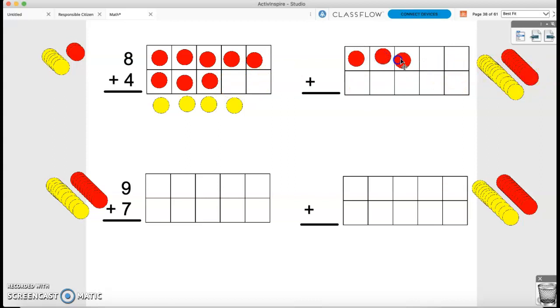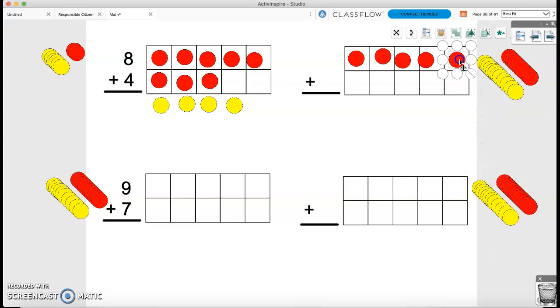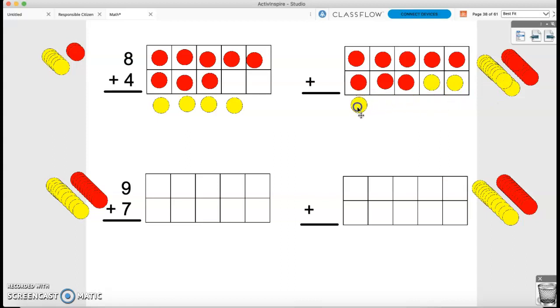3, 4, 5, 6, 7, 8. So I have 8 over here. And I'm going to do 4 more, but this time I'm going to fill in. 1, 2, 3, 4. So once again, when I look,